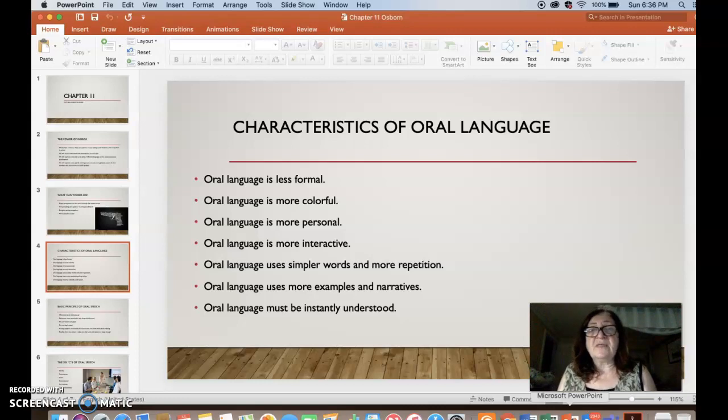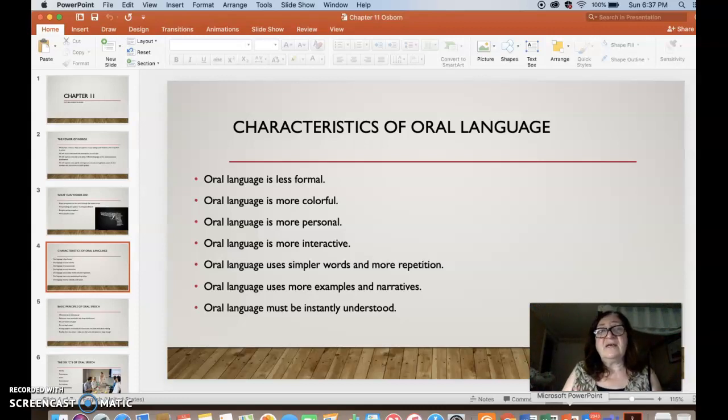Oral language is absolutely more personal. It is as if the speaker is directly addressing you. It is more interactive. You can always hear back from your audience members. You can invite them to give you feedback, to answer you. Oral language uses simpler words because those are more effective, simple, powerful verbs and nouns that are easy to say, easy to hear. And we use repetition as a rhetorical method to hammer the message down,